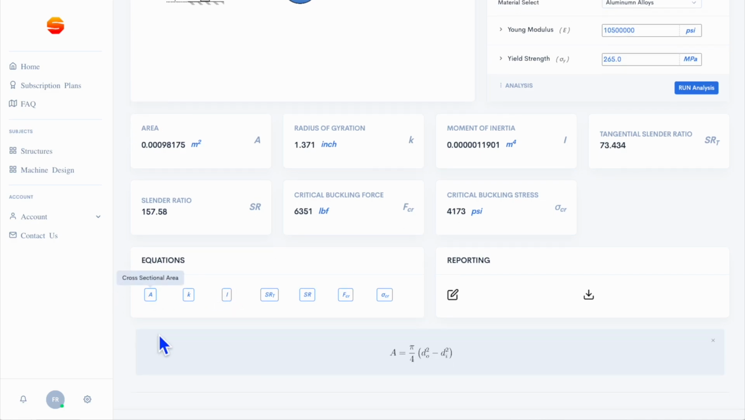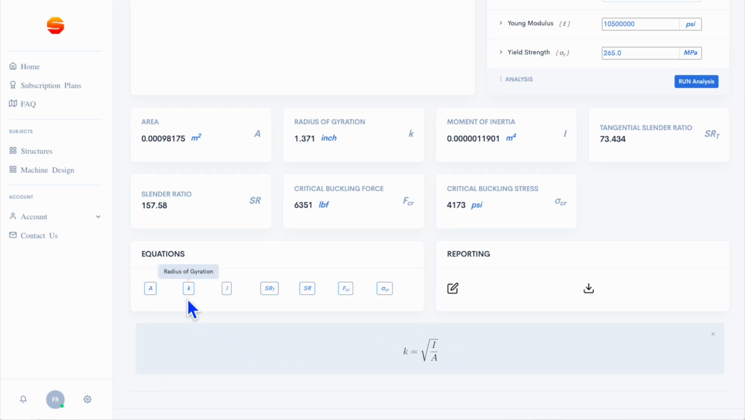Now, one of the things that happens automatically is the cross-sectional area. As you change the geometry, it will actually update this equation accordingly. This is the radius of gyration, and just remember that the I, area moment of inertia, that comes in here is actually the minimum area moment of inertia. Area moment of inertia,